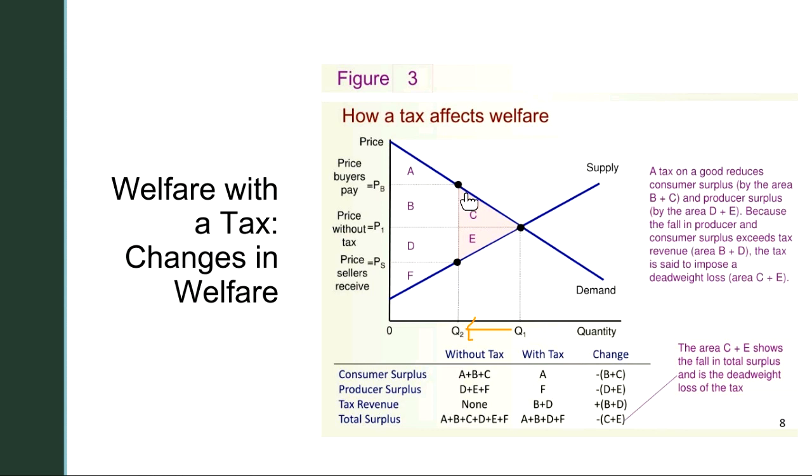And because this quantity has dropped, what that means is we actually lose all the surplus we saw right here. So let's just look at this real quick. All of this area, this entire triangle, has to go away. And you might be saying, well, Mr. Mickelson, why does this have to go away? The answer, quite simply, is that this area existed, this surplus generated in area C and E, existed for two reasons. The first reason is that when the market was in equilibrium at the demand curve you see here,